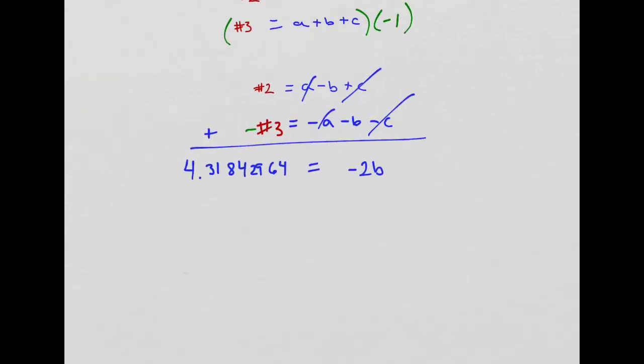So, whoops, redo. I can actually divide by negative 2, and then that gives me b. If I divide by negative 2, b then is, well, I still have this in my calculator, so I'll just hit divide by negative 2. And that gives me b, which is negative